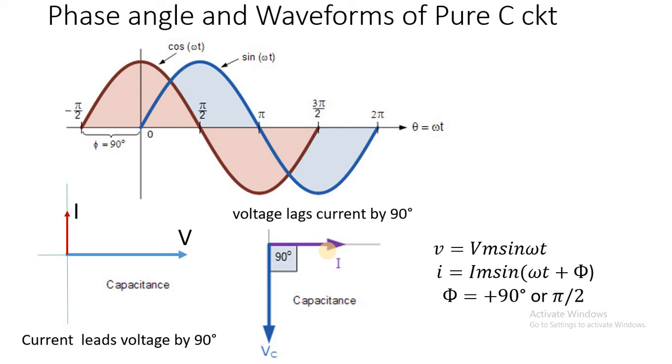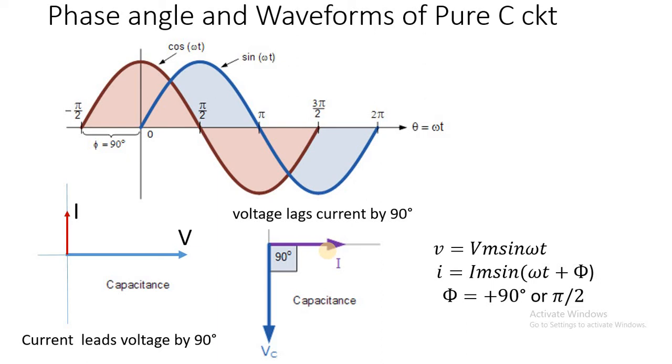In a pure capacitive circuit, as the voltage is at the reference axis, we are writing V equal to Vm sin omega t, and the equation of the current we are writing I equal to Im sin of omega t plus phi, where again phi is equal to pi by 2 in a pure capacitive circuit. So comparing the equations of current in pure resistive, inductive and capacitive circuits, in the pure resistive circuit the equation of the current does not have any phase angle, phi is equal to 0. In a pure inductive circuit, the equation of current has the phase angle phi, and that is negative, and that negative angle indicates that current is lagging.